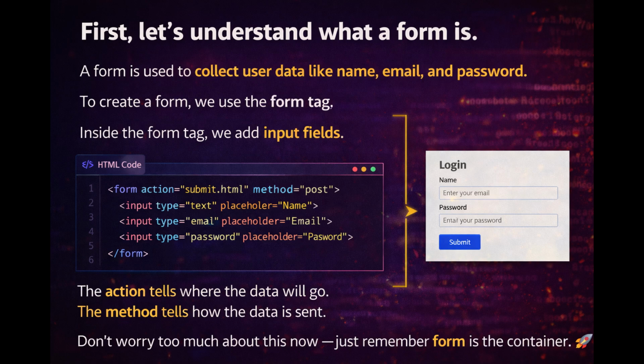First, let's understand what a form is. A form is used to collect user data like name, email, and password. To create a form, we use the form tag. Inside the form tag, we add input fields. Here is a simple example. Form action equals submit